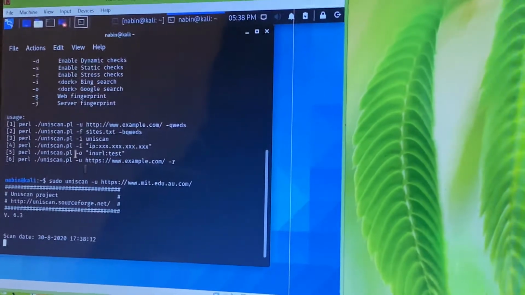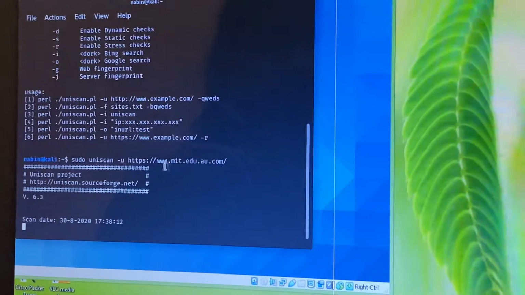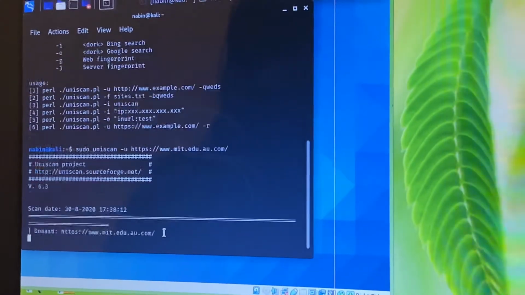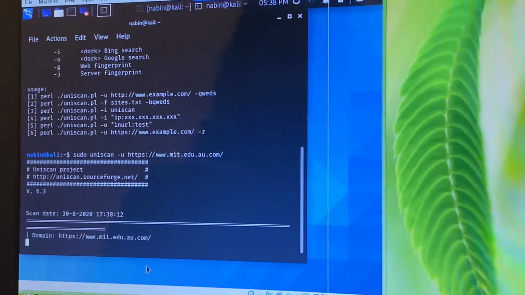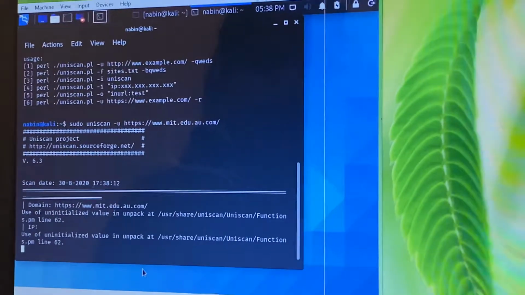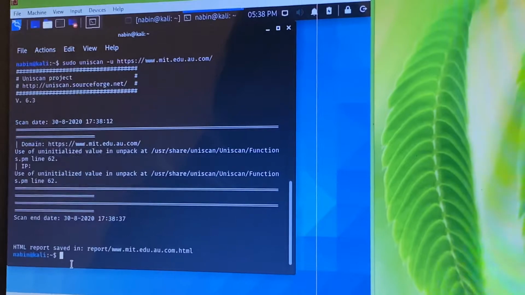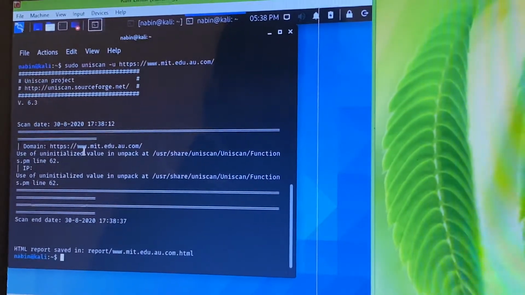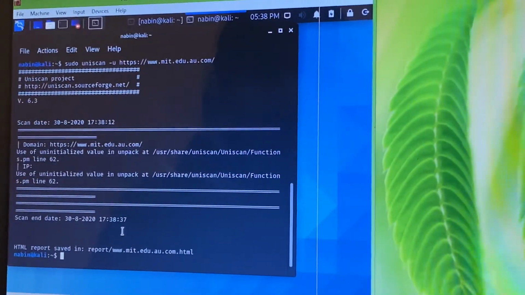It will take a bit of time because we are getting information about a college website. It will start now with the domain, and after that cookies or domains. We get the information about the domain name, the scan, and the date of any website.